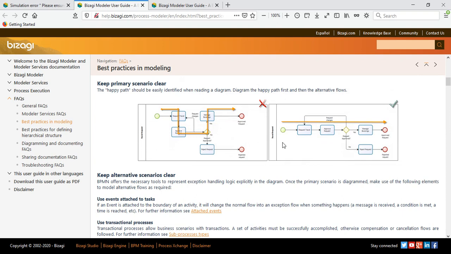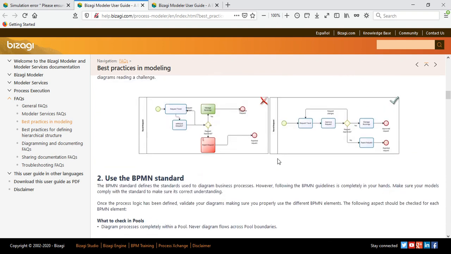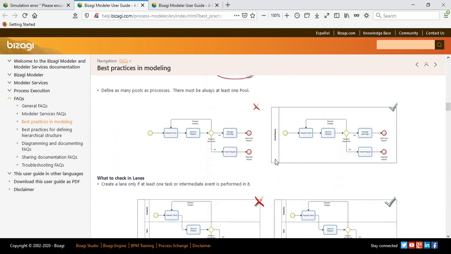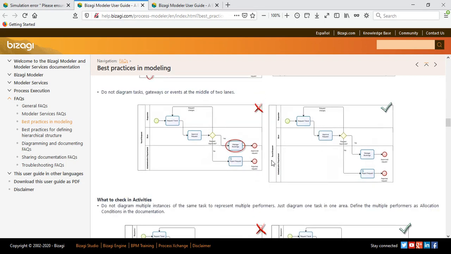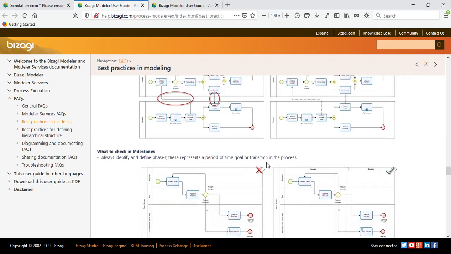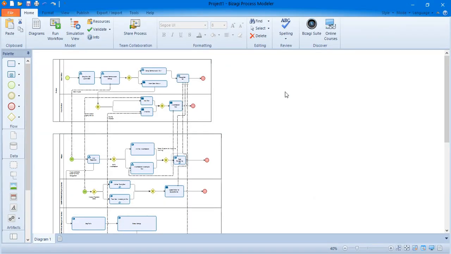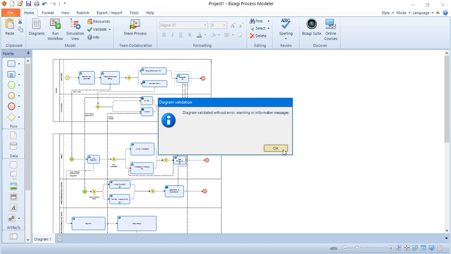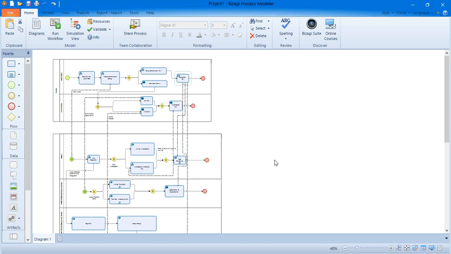So all these rules you have to go through and make sure that you are following and respecting all the designing rules. Once you are able to validate this, so for example here I'm able to validate,